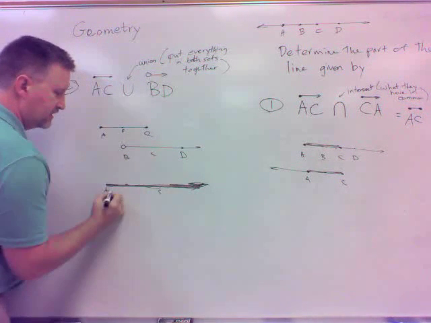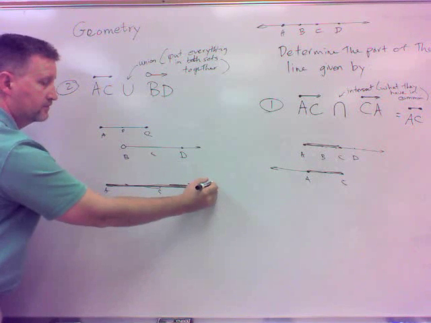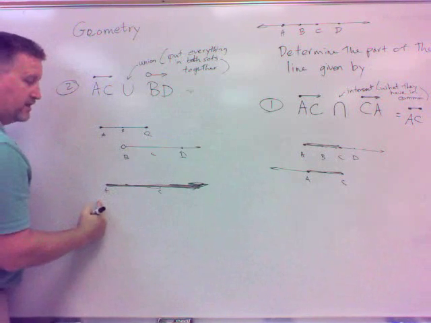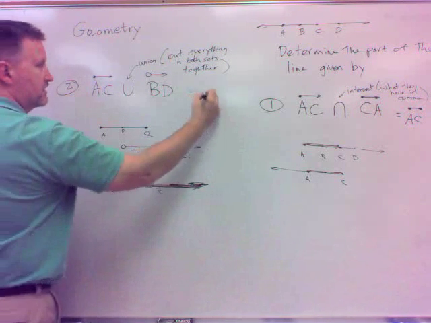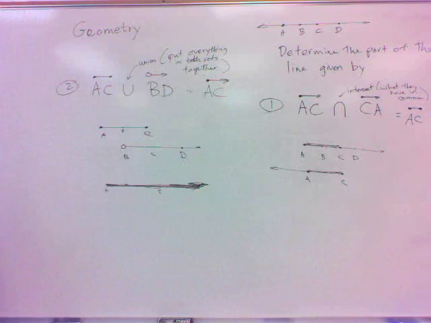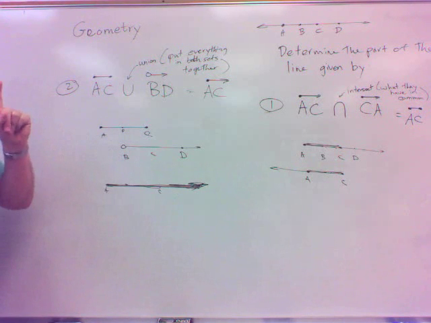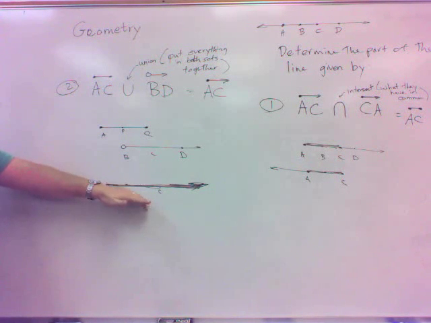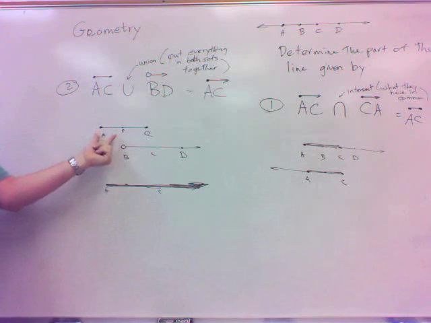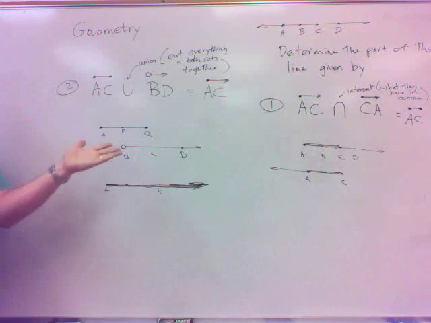It's everything that starts at A and goes this way. What is that one called? Wouldn't that be ray AC or AB, something like that? Because, yeah, B is not here, but it's in this one, so it's in the union of the two, you see. As long as it's in one of the sets, it's in the union. So this little part is not in this part, but it's in this part, right? So it's in the union. Union just has to be in one of the sets to be included. It can be in both of the sets, but